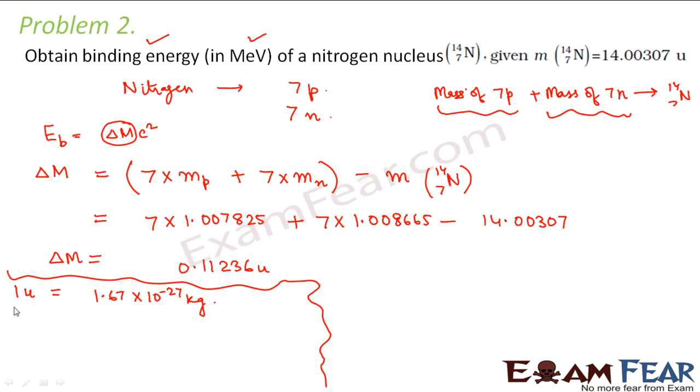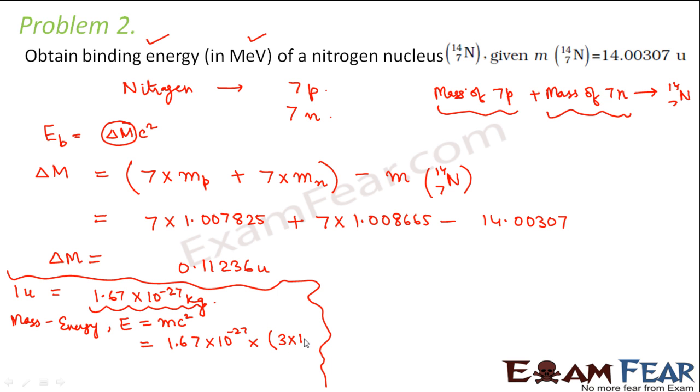Now, remember Einstein's mass energy equivalence. According to Einstein's mass energy equivalence, this mass has a mass energy associated with it. What is that mass energy? Mass energy associated with this mass will be E is equal to mc square. So this m we can put as this value, that is 1.67 into 10 to the power minus 27 into c square. C is the speed of light, that is 3 into 10 to the power 8 square. So this value comes out to be 1.4924 into 10 to the power minus 10 joules.